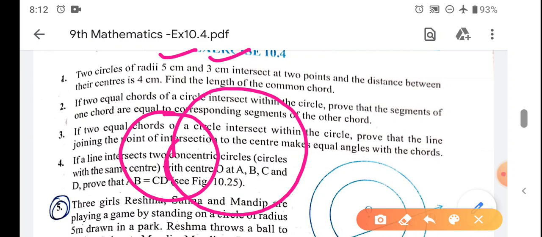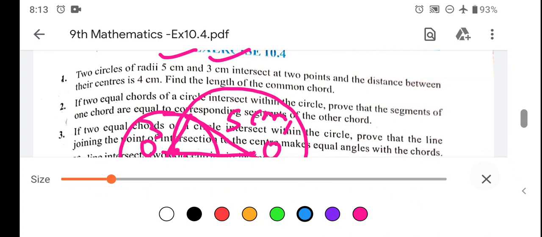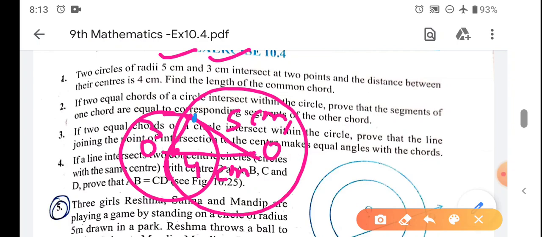Now what is the question? The distance between their centers is 4 centimeters, and the radius of the big circle is 5, and of the smaller circle is 3. Find the length of the common chord. And where is the chord? In the exercise